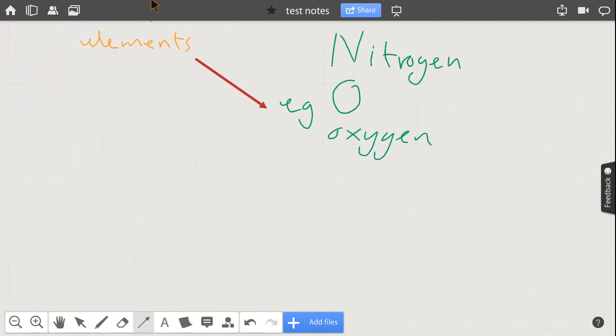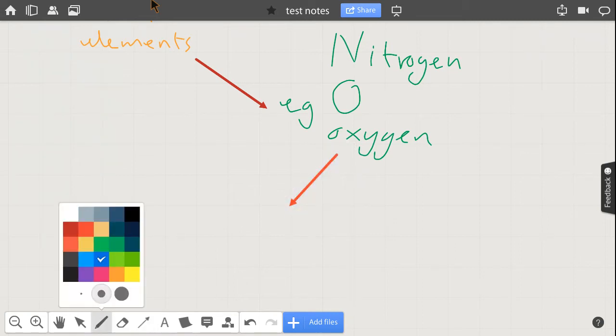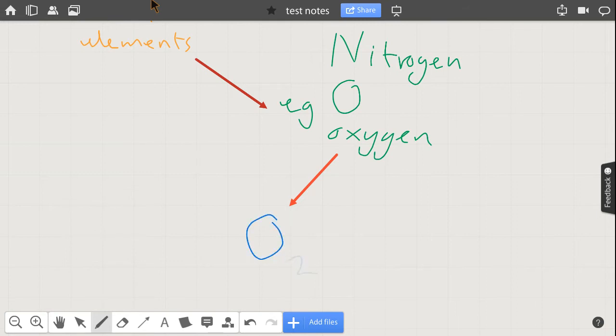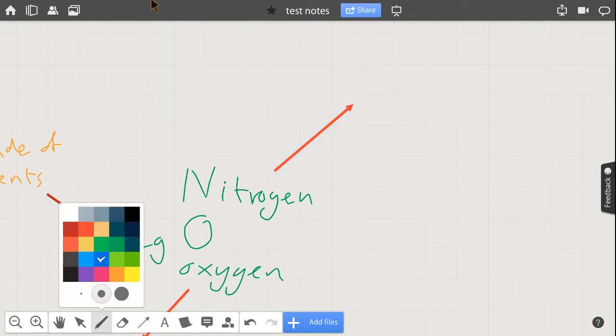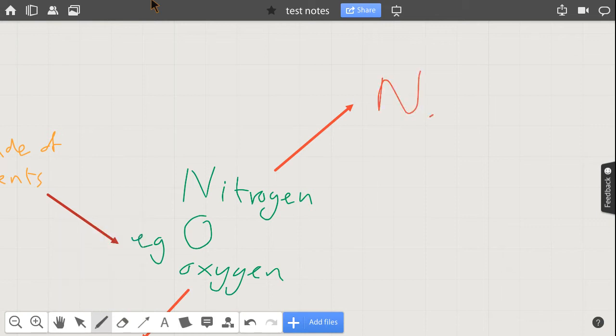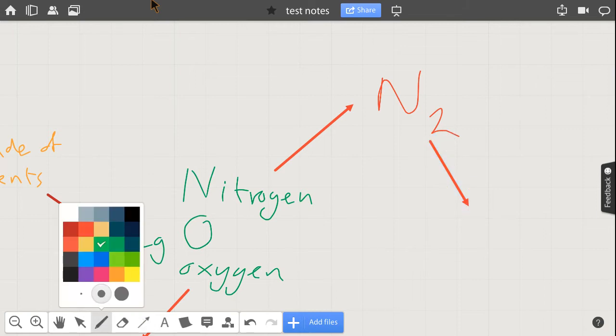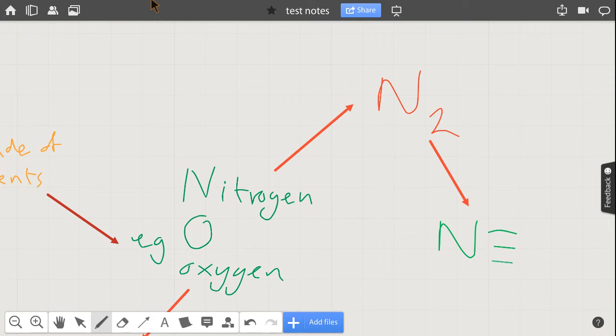Let's go back to my arrow tool. Bung in an arrow there. Oxygen is, I don't know, let's put O2, and then go back to my hand tool, go over here, have an arrow there, and so nitrogen, of course, is N2. Oops, let's have another arrow, and for those who are into chemistry, nitrogen, of course, has a triple